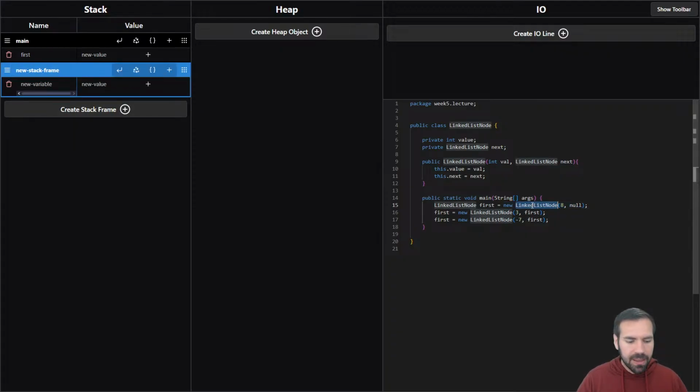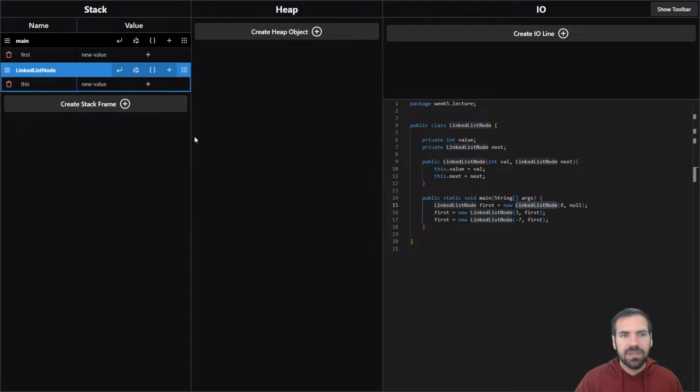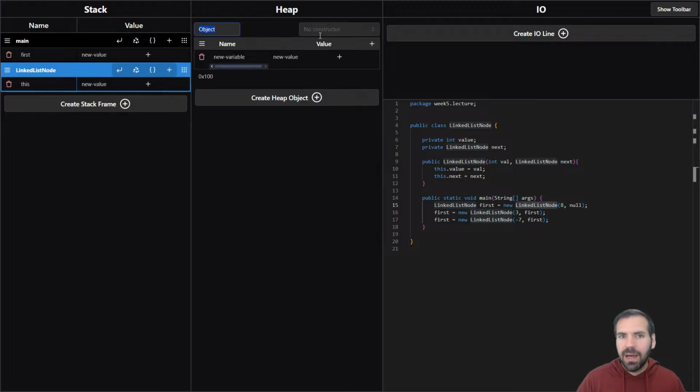And I want to copy linked list node because I don't feel like typing it a whole bunch of times. This, I'm always going to put this first so I don't forget to put it on the stack frame. We have an object of type linked list node that we're creating. We're going to map the constructor. I forgot my return arrow. And this object of type linked list node will get copies of all of the instance variables, so value and